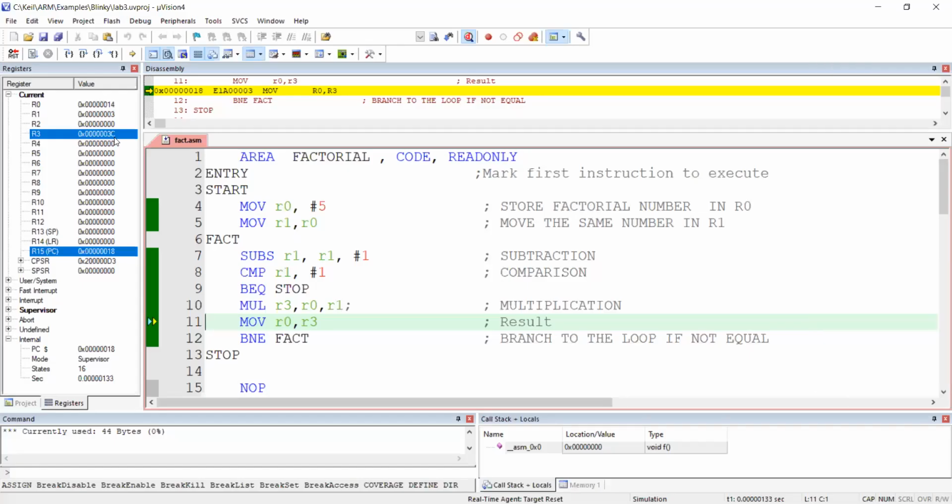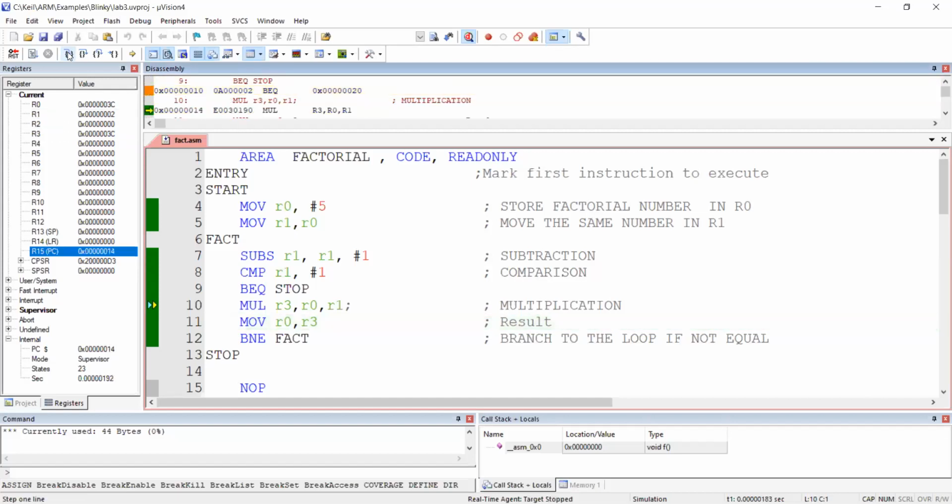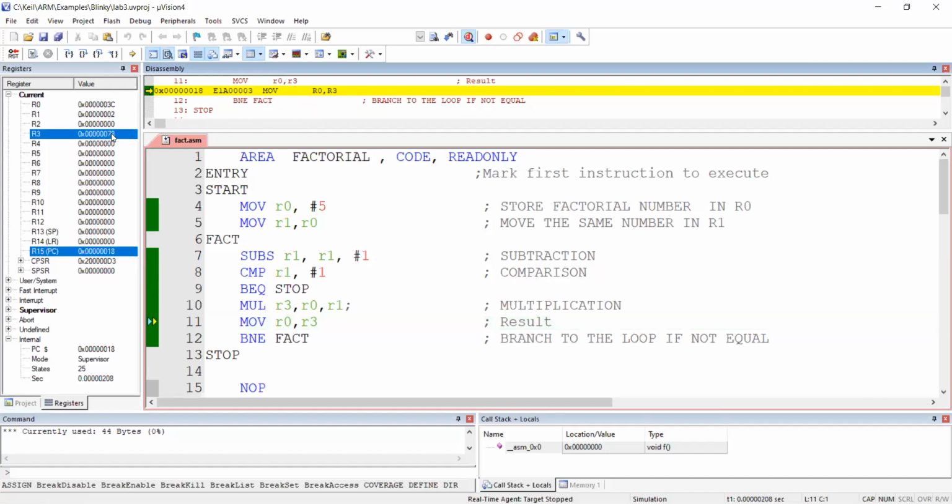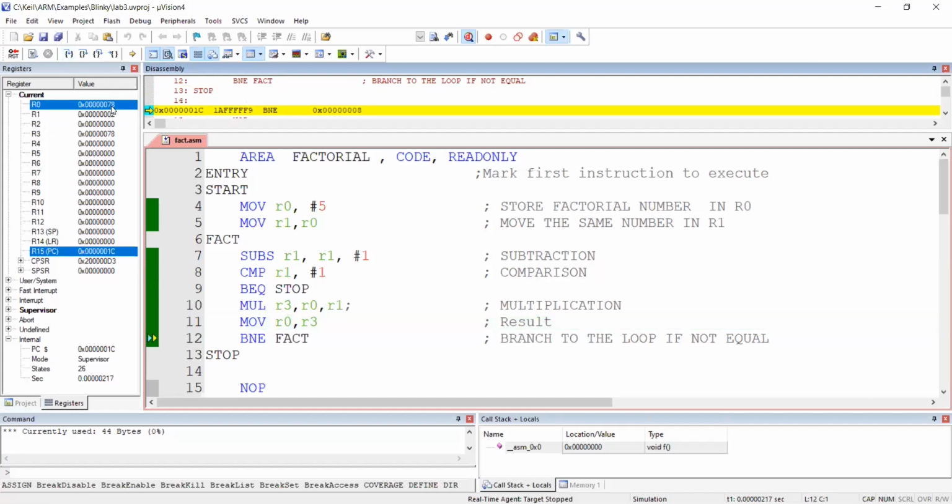Next, after 3C, what is the next? 120 in the decimal, 60 into 2 is 120. In hexadecimal, do you remember what 120 is in hex? Yes, correct. The answer is correct. 120 in decimal is 78 in the hexadecimal. So that we have to get in R3 as well as R0. So next step, you can observe R3, 78, which is a hex. That finally is going to be copied into R0.